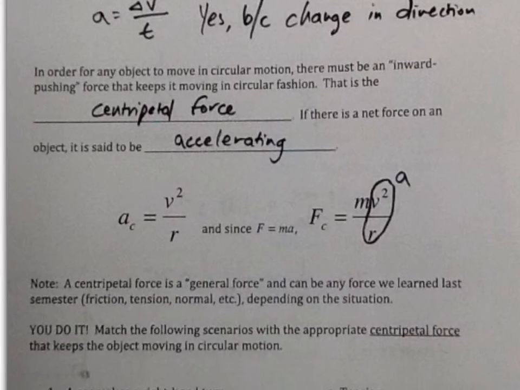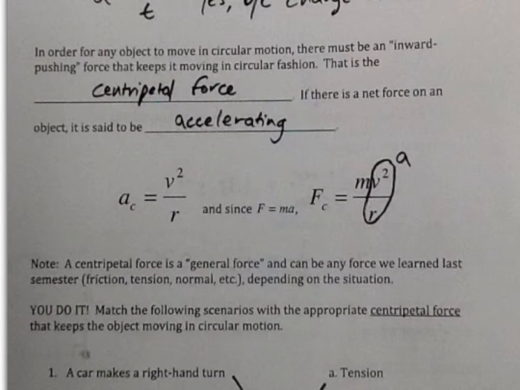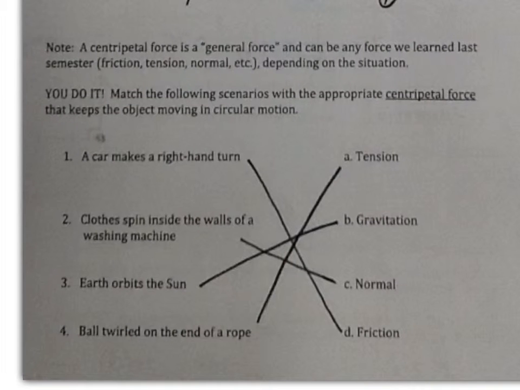The centripetal acceleration equation is v squared divided by r. Because F equals ma, we can say that the centripetal force is equal to mass times velocity squared over radius. Now we make a note that a centripetal force is a general type of force, and this can be a